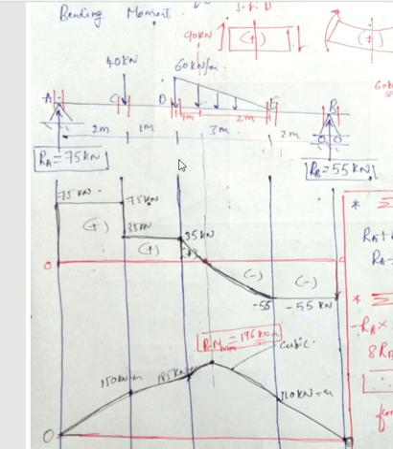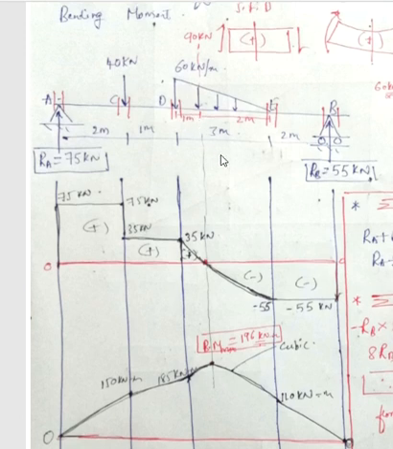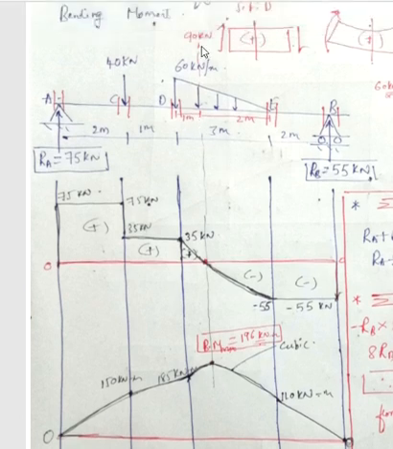But before that, I need to find what is the value at this section. For that, come from right side. There are two forces now. One is this 55 kilonewton, other is 90 kilonewton. 55 kilonewton and perpendicular distance is 5. So 55 into 5, and it will be plus because it is lifting the beam upward. Then this 90, it is bending the beam downward, so I'll take it as minus. So minus 90 into perpendicular distance 1. So 55 into 5 minus 90, the value I'll get is 185.